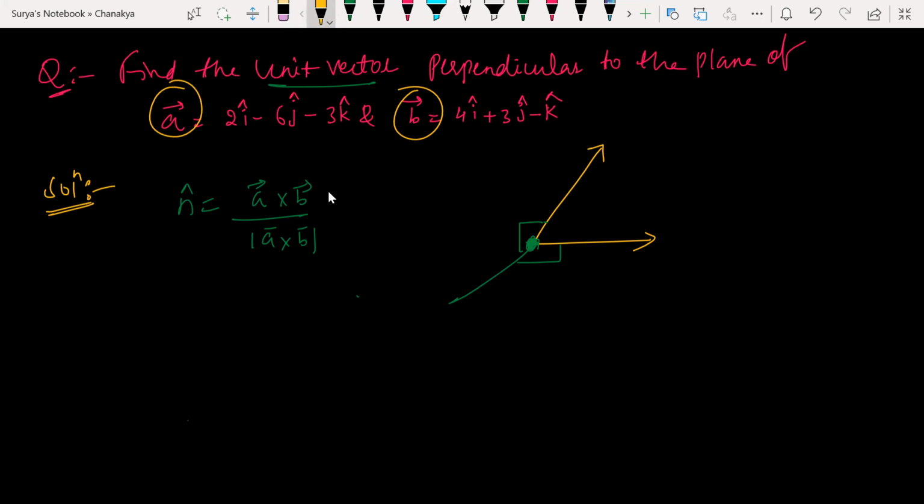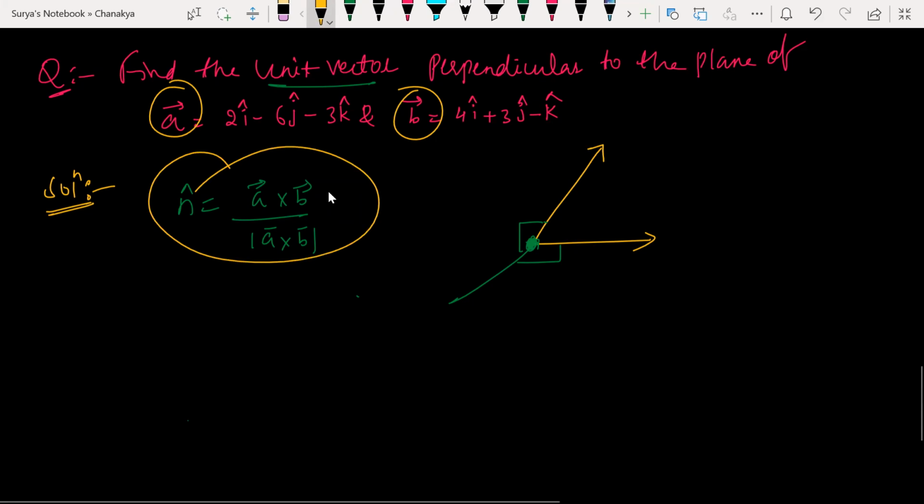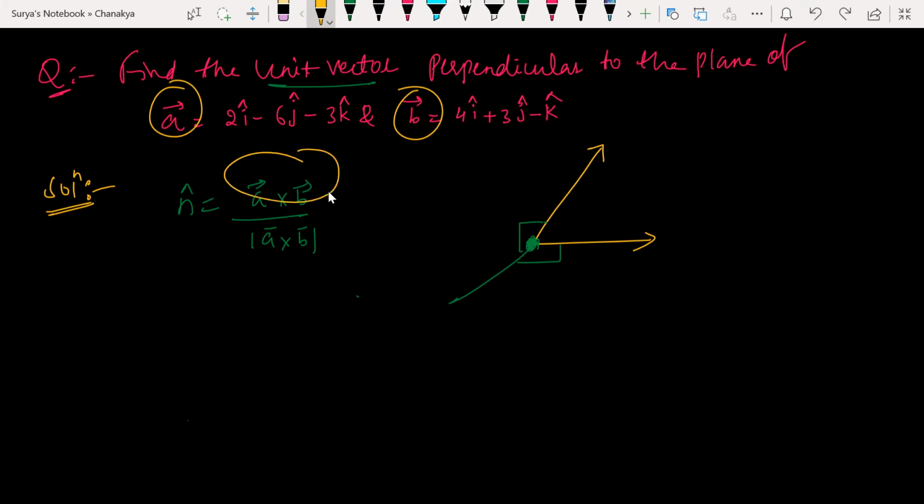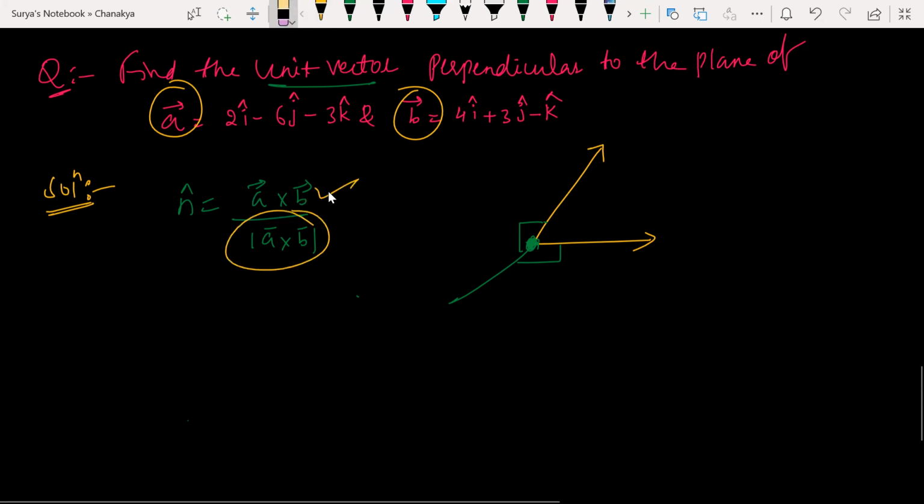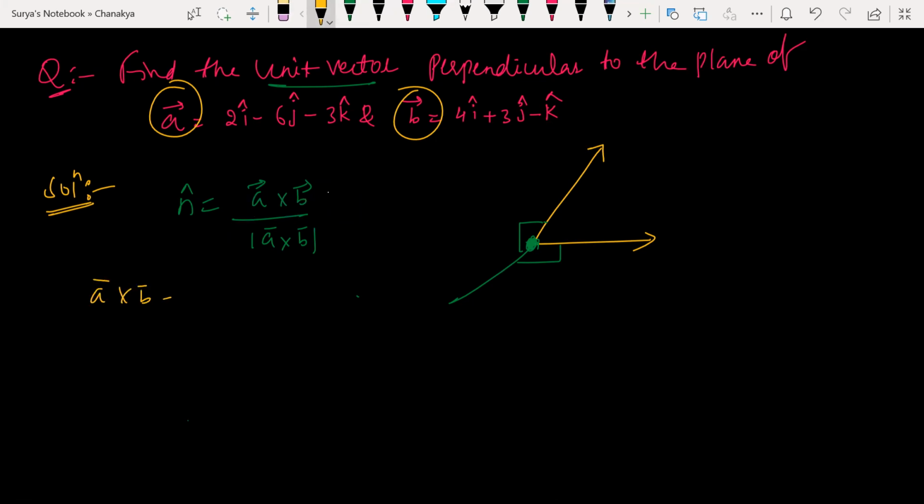गाइस बेसिकली ये मुझे कैसे मिल रहा है? देखो ये यूनिट वेक्टर इज नथिंग बट व्हाट? अ वेक्टर. देखो उसका क्रॉस बाय इसका मैग्नीट्यूड. बस यूनिट वेक्टर विल बी ऑलवेज व्हाट? उसका क्रॉस बाय उसका मैग्नीट्यूड. ठीक है, क्रॉस बाय उसका मैग्नीट्यूड. नाउ सो ए क्रॉस बी कैसा मिलता है मुझे? ए क्रॉस बी, हाउ डू आई नीड टू फाइंड आउट हियर?